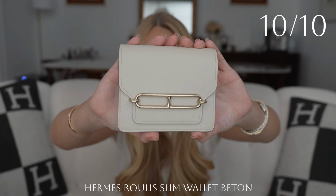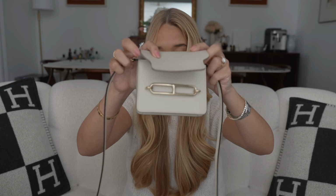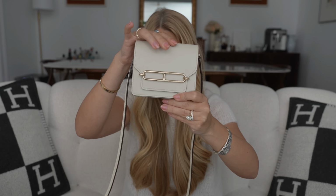In the last year, I've only added one small leather good, and it's this one. So this is the Hermès Roulis wallet in the color Beton with gold hardware, and I do have a strap, so this one actually doubles as a micro bag. So you open it up and then you close it. The only thing that this one versus the Constance Slim, it can open up, so I'm a little bit careful of this, but it doesn't open that easily. I'll demonstrate, but this is how I'm able to use it as a micro bag, and it doesn't fall off,